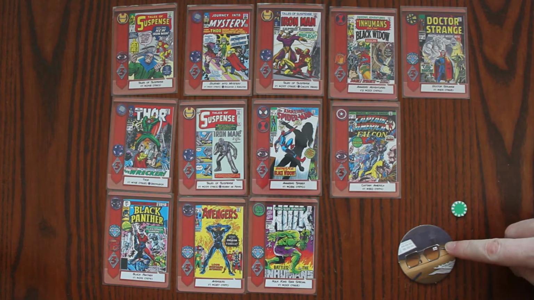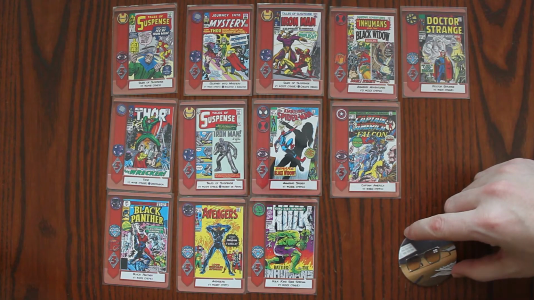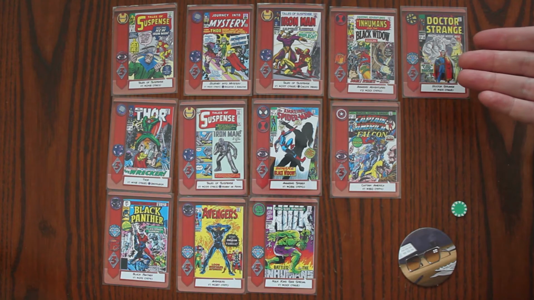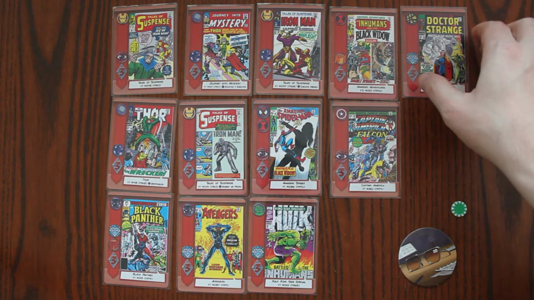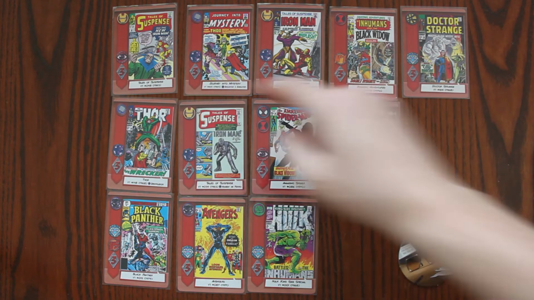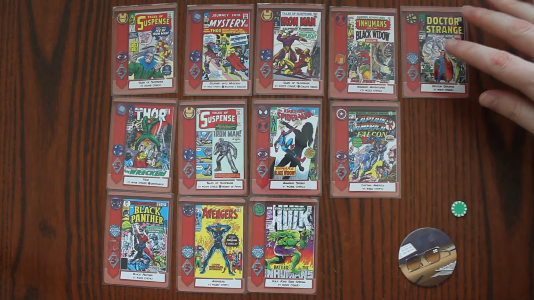Starting with the first player, they can select any row they choose and begin the bidding with a value of 1 or more. Each player must then choose to outbid the previous bid or pass. Once all players have passed, the highest bid takes the comics in the selected row. So if I chose to bid here and I won it with 7, I would take all of these comics